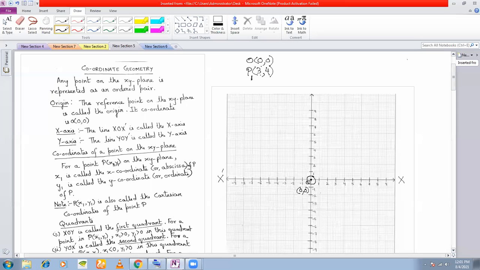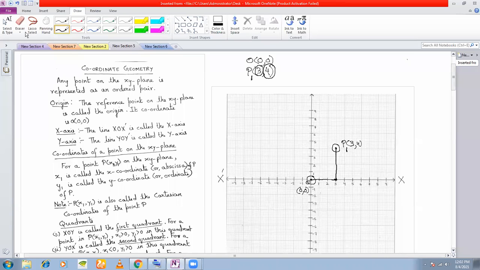See, what is the x coordinate here? 3. So you start from the origin and you move 3 units here. You reach here, right? You stop here. Next, you moved horizontally, now we want to move vertically. How many units do we have to move vertically? Now you look at the y coordinate. Y coordinate here is 4. So from where you had stopped, you start measuring 4 units. So you move vertically now, and you reach the point here. This is your point P1, 3, 4. Clear? Is this clear? Yes, sir.